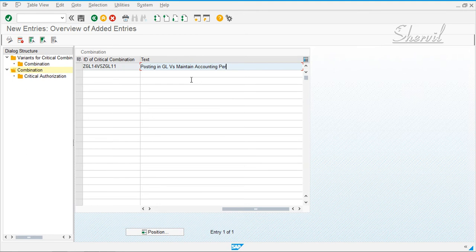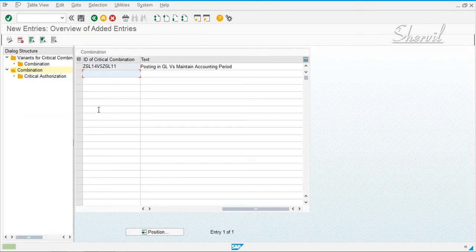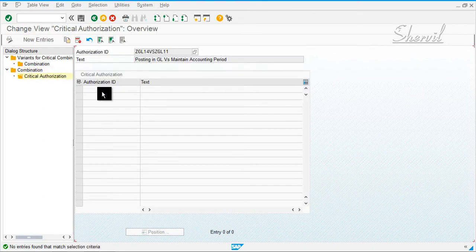So this is your conflict. This is your risk ID that you're creating now. When you save it, of course, it will ask you to put it in a transport. Then select your combination and click on critical authorizations.